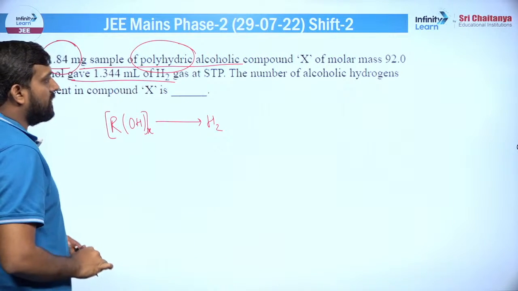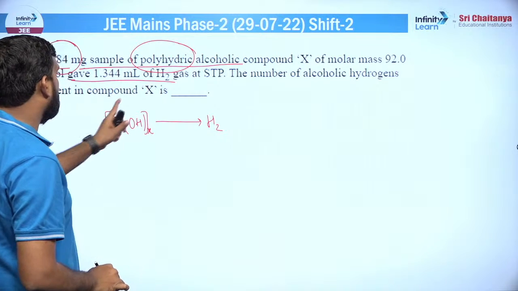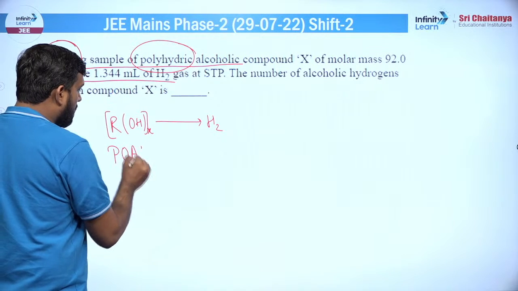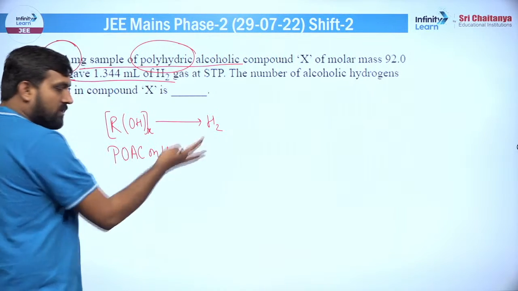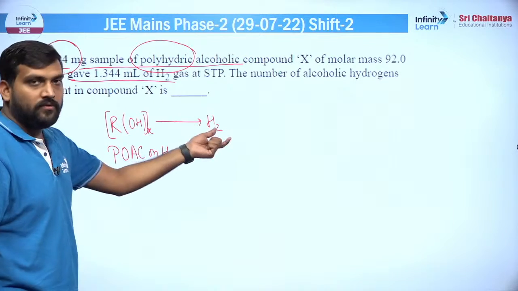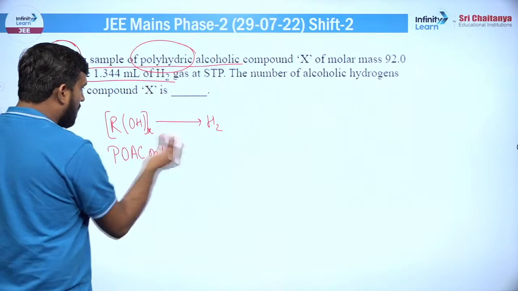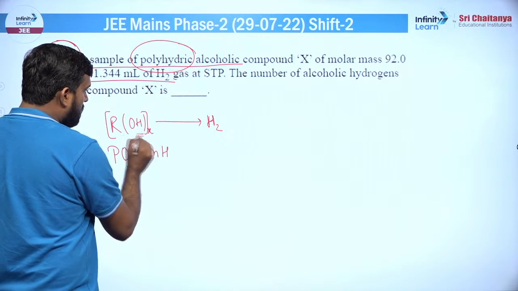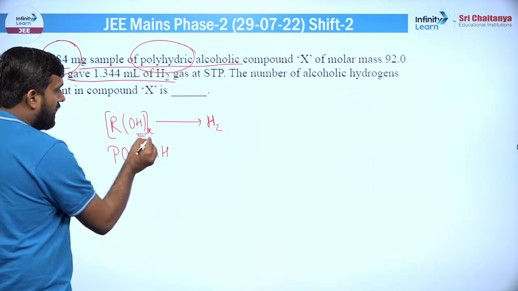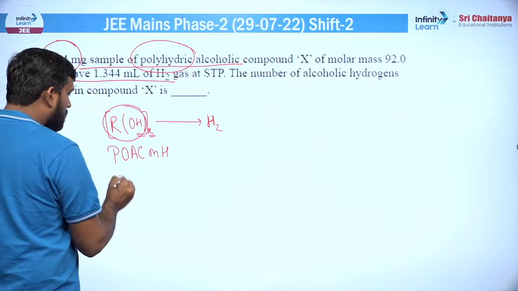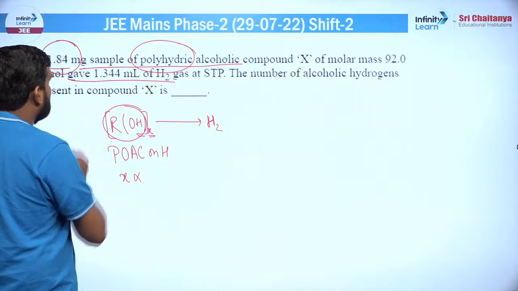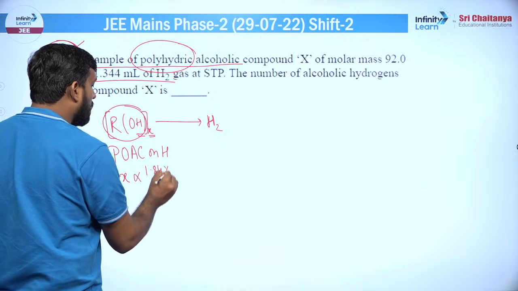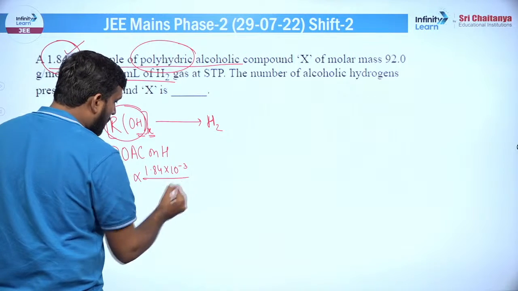एट STP द नंबर ऑफ एल्कोहलिक हाइड्रोजन प्रेजेंट इन द कंपाउंड X। देखो यहां पर हाइड्रोजन का एटम तो कंजर्व्ड रहने वाला है, जितने हाइड्रोजन एटम इनिशियली थे उतने ही फाइनली भी होंगे, तो हम क्यों ना उसी को कर दें। अगर ध्यान से देखें, तो यहाँ पर हाइड्रोजन के एटम होंगे x इंटू जितने इसके मोल्स होंगे। मोल्स कैसे निकालेंगे, गिवन मास बाई मोलर मास, तो गिवन मास है 1.84 इंटू 10 टू द पावर -3, अपॉन 92।